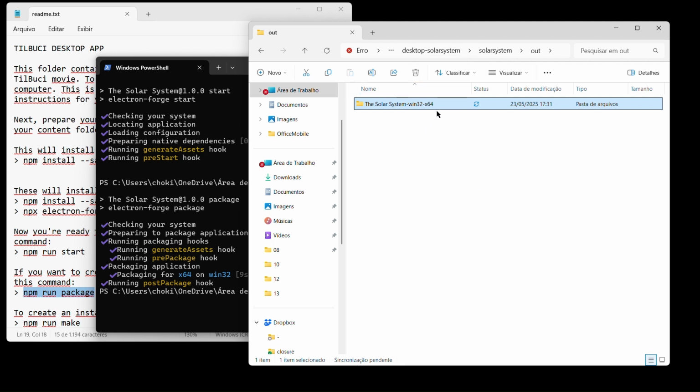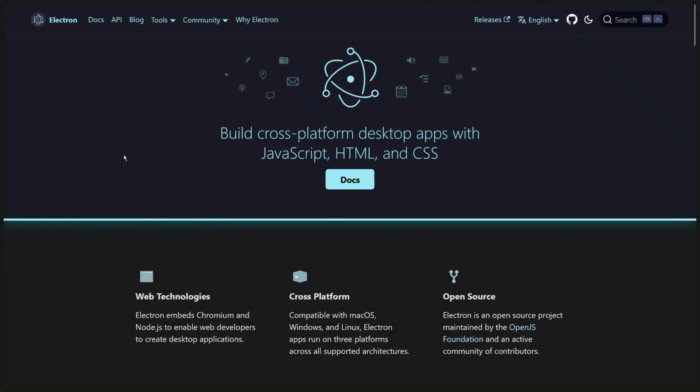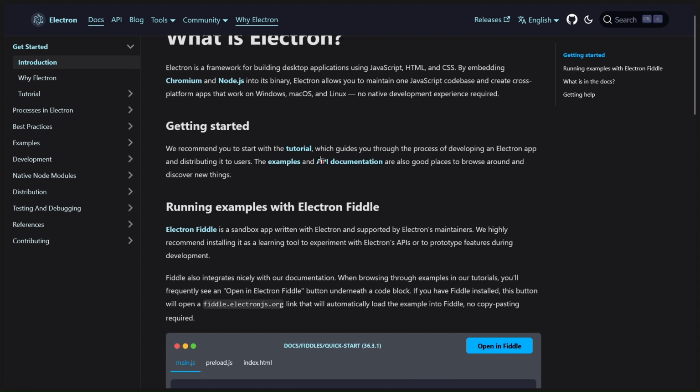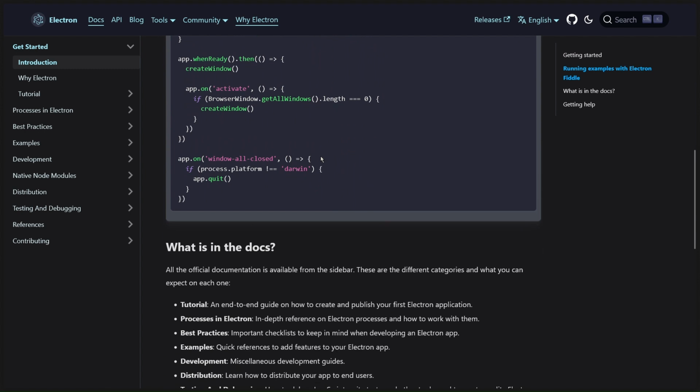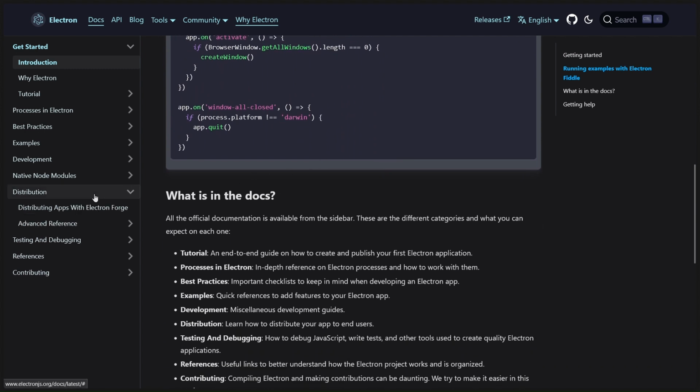To distribute your creation, you will need to send this entire folder with all the files. By following these steps, we have covered the basics of creating a Windows application, which is enough for our kiosk. However, Electron.js, the basis for creating our app, offers many possibilities and customizations, including creating installers and even distributing your productions in app stores. Check out the Electron.js website for more information.